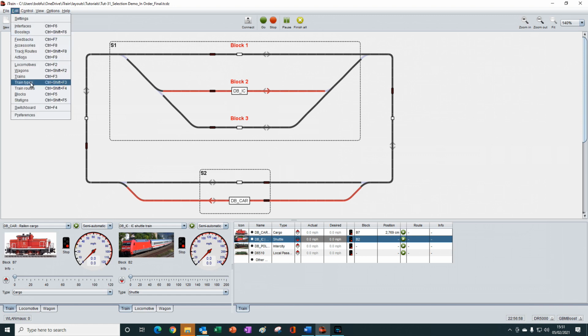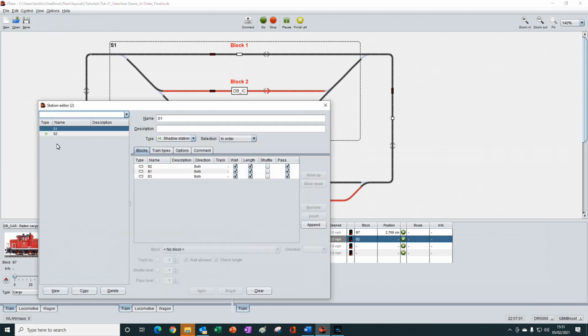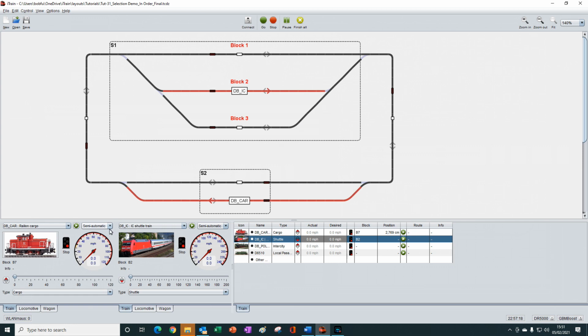Let's go into the stations again and we will remove the wait from block 1. So now no wait will occur in this block, block 1 here. We press apply, close it down, and now when we press the start button, we see that block 3 is